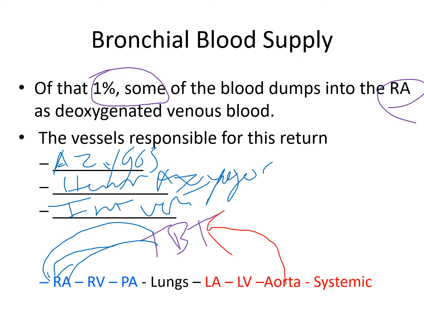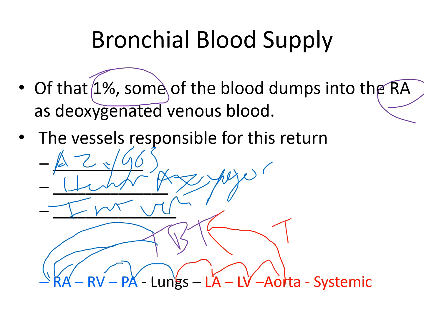So they go into the right atrium, then they go through the tricuspid valve into the right ventricle, then from the right ventricle through the pulmonary semilunar valve to the pulmonary artery, from the pulmonary artery go to the lungs to pick up oxygen. Then once it does that, switch over to red, assuming we picked up the oxygen, then we go from the lungs through the pulmonary veins into the left atrium, and then in the left atrium we go through the mitral or bicuspid valve into the left ventricle, then into the aorta, and then if it wants to, remember only 1% of it